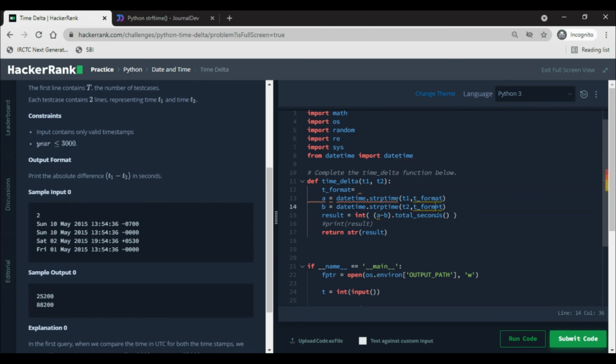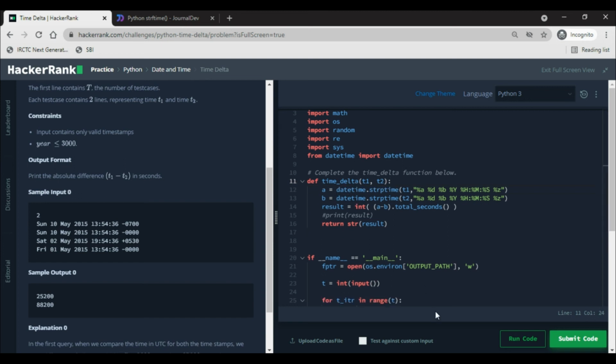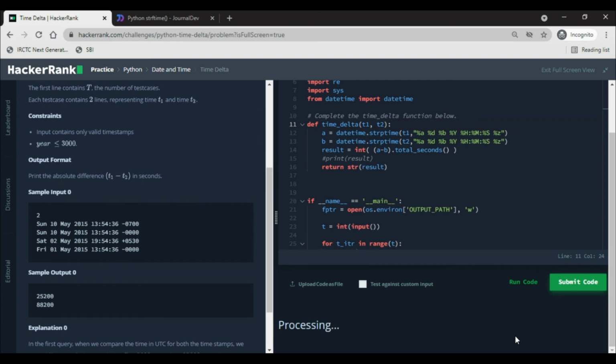I am just defining a variable, but you don't have to do it like this. But if the timestamp will be more, then it will be a problem, right? So that is why it is better to assign a variable, but this is how you can do it. So let's not define a variable. Okay, and this is how you will get it.